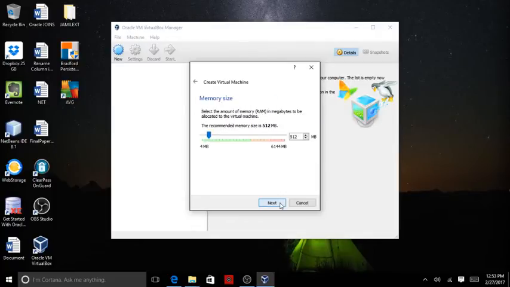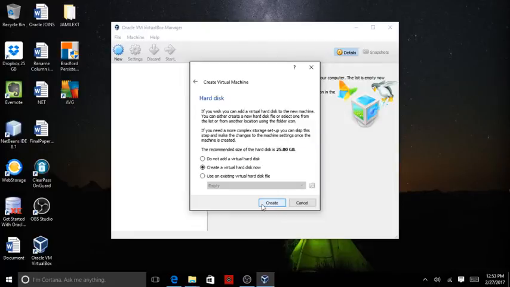Now press Next. Now it's going to ask you for the amount of memory you want to use. For a Windows 7 32-bit OS, it's recommended to use 1 gig, and for a 64-bit, it's recommended to use 2 gigs. Now, we are going to go ahead and type in 2048, which is exactly 2 gigs. We're going to go ahead and click Next, and we're going to end up with this page that says Hard